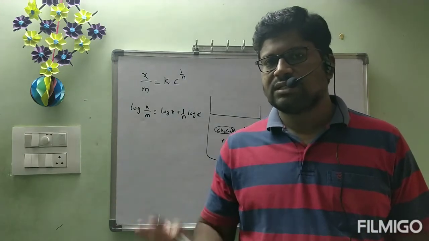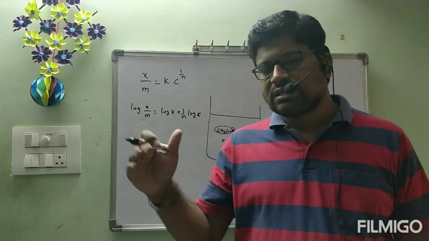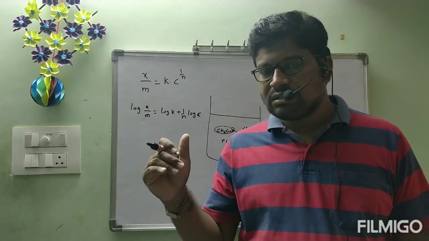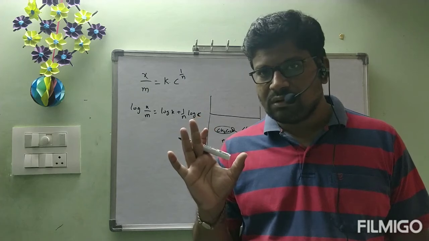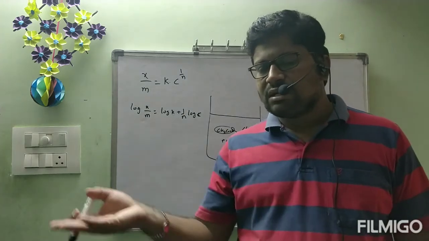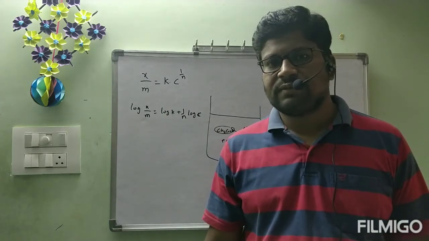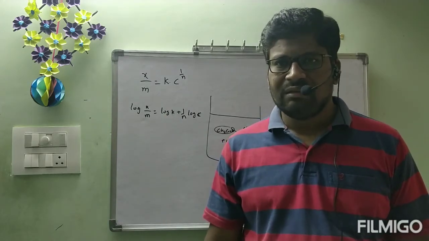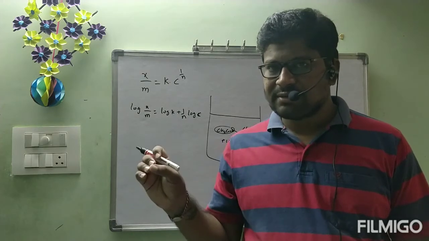Initially they will take the concentration of the solution. The final concentration they will check. From the difference of the concentrations, we can get the amount of solute adsorbed. According to that we can draw the curve, like when instead of pressure, here we have replaced it with concentration. This is about adsorption from the solution phase. Simple thing only, no? We have taken some time in the Freundlich adsorption isotherm.